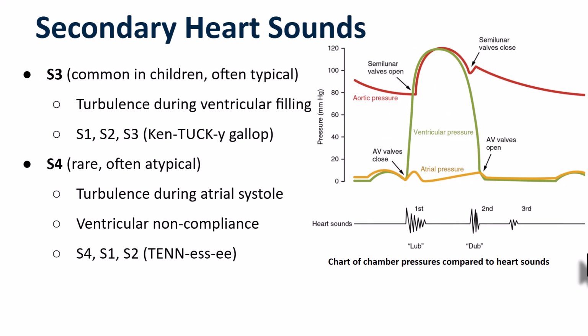But there are also secondary heart sounds that are audible. There's S3 and S4. S3 is a common sound that is often benign, heard in children. This is the turbulence of ventricular filling. So we're in diastole and blood is rushing down through the AV valves into the ventricle, and there's a little bit of turbulence. When this is audible, people refer to it as the Kentucky Gallop because it has that